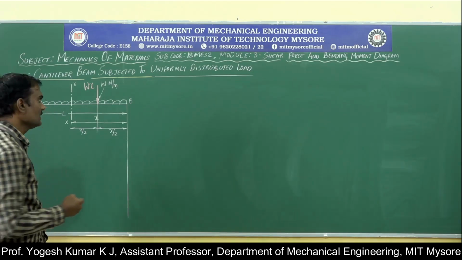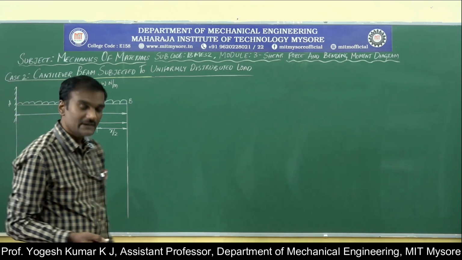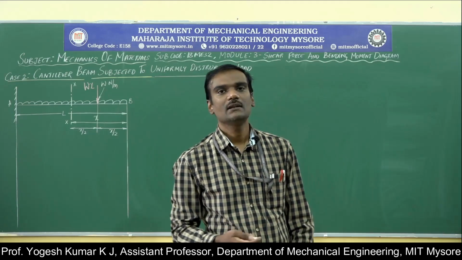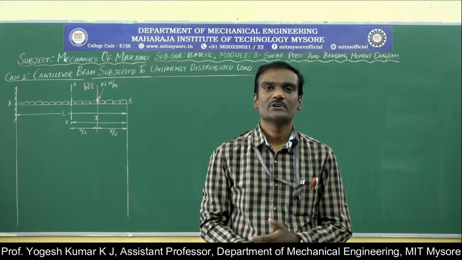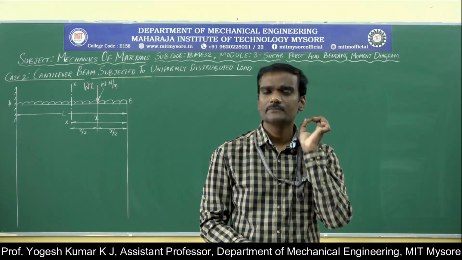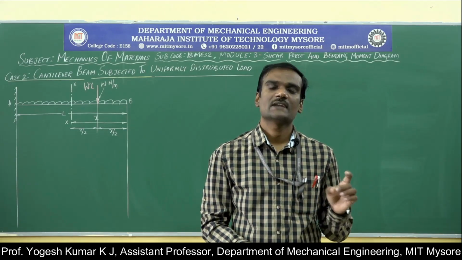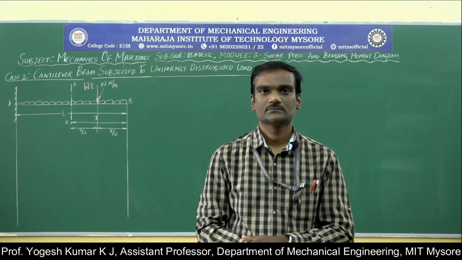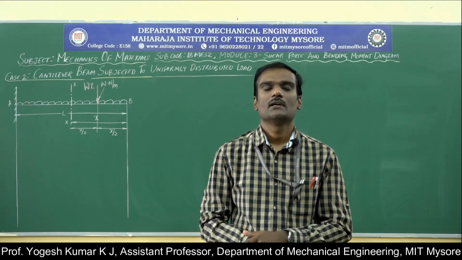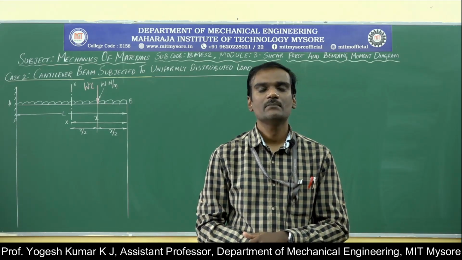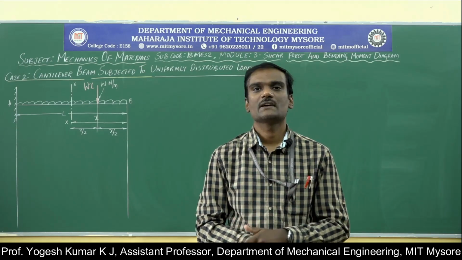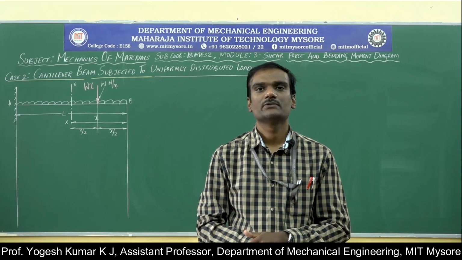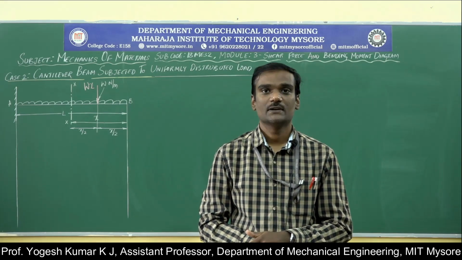Then the procedure remains the same. So the theory part, again it is the same. We will have a theory part like this. Consider a beam having a length L subjected to uniformly distributed load of magnitude W per unit length, the beam is cantilevered, which is fixed at one end and free at the other end, as shown in the figure. Full stop. I will repeat once again. Consider a cantilevered beam which is fixed at one end and free at the other end, subjected to uniformly distributed load of magnitude W per unit length, as shown in the figure.